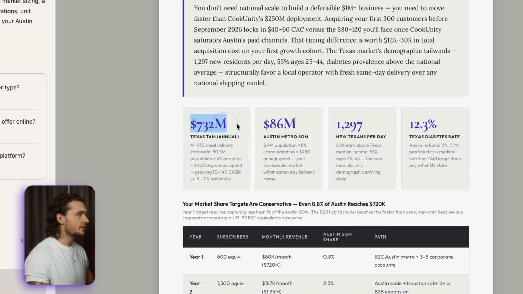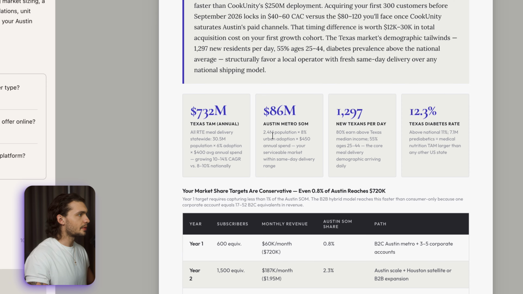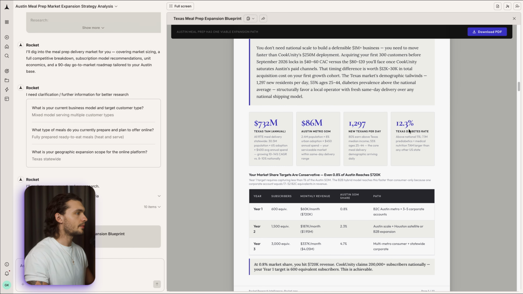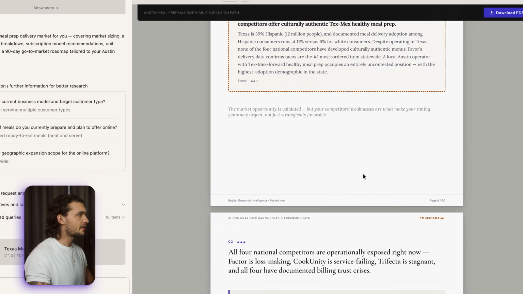We have our total addressable market. Then we have our serviceable market, the growth of the market, as well as an additional metric which it found, which is for the Texas diabetes rate, as well as another additional metric. Then here on another page, as you could see, it's got a table of our competitors showing that